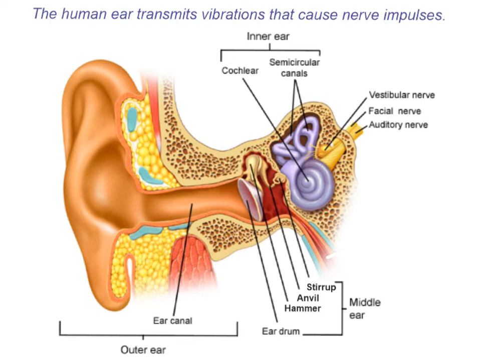So how does the human ear work? How are sounds heard in the ear? Well, we have three parts to the ear: the outer ear, the middle ear, and the inner ear. The outer ear obviously collects the sound waves, and those are allowed to proceed down the ear canal, which terminates in the eardrum. The eardrum vibrates when those sound waves hit it. It transfers those vibrations to the middle ear right here, which is made up of three tiny bones called the hammer, the anvil, and the stirrup, and those in turn vibrate and transfer the vibrations to the